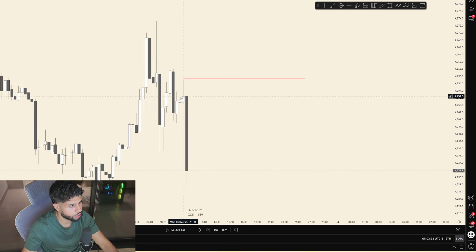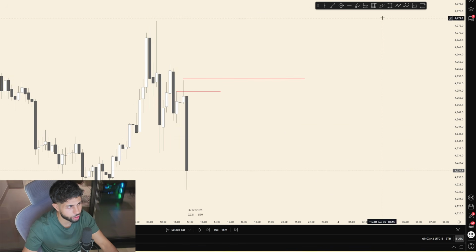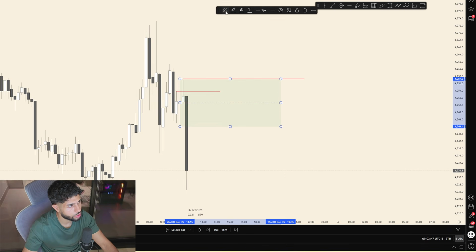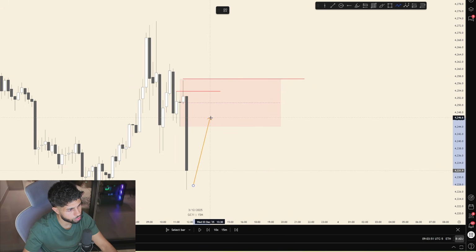Is this contained within another candle's wick to the left? Well, yes, because can you see this did not close above this bullish candle's wick? So this is not my highest bullish candle. This is my highest bullish candle. So I can mark this area here as my area of supply. And boom, just looking for price to retrace into there